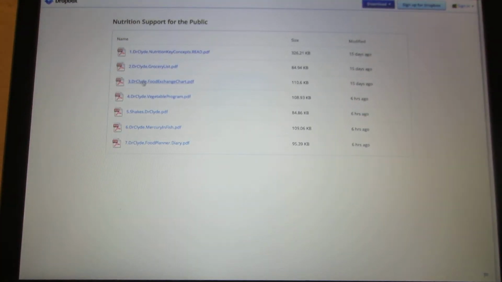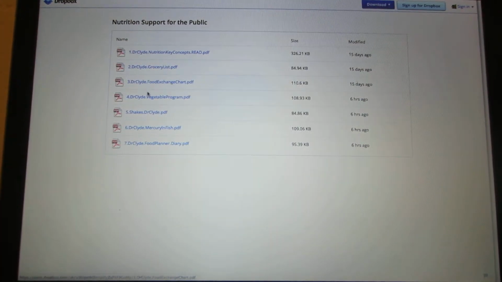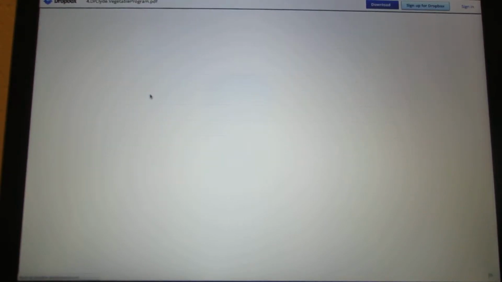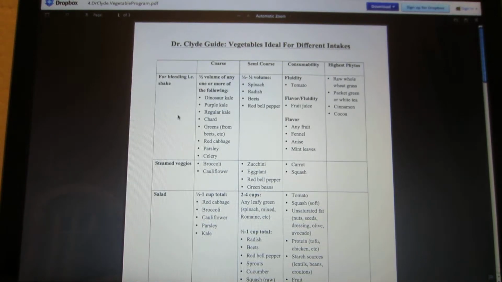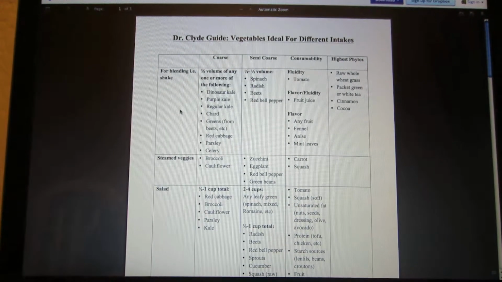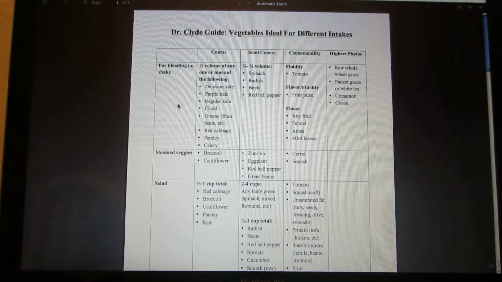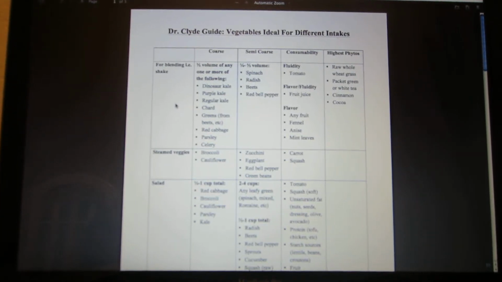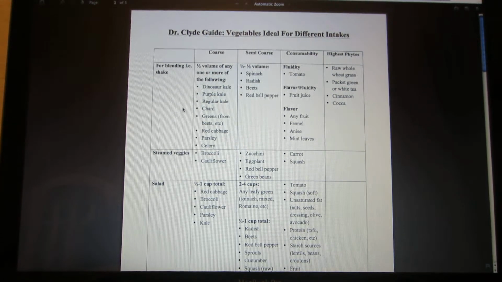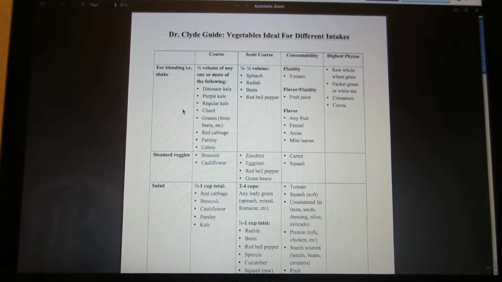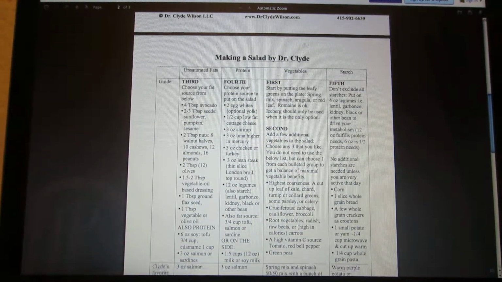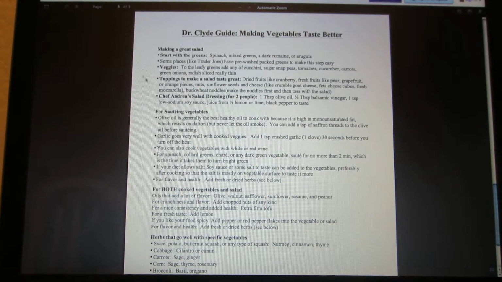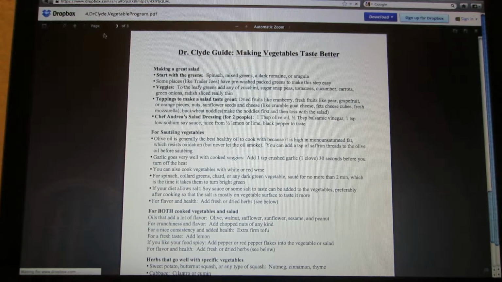But before we get to that, document number 3 is how to increase your vegetable intake, because if you just change that and nothing else, you're going to significantly improve your health, performance, weight loss efforts, even if you change nothing else. So what vegetables are typically best for blending versus steaming versus salad versus eating raw snacks, how to make a salad, how to make them taste better in general,